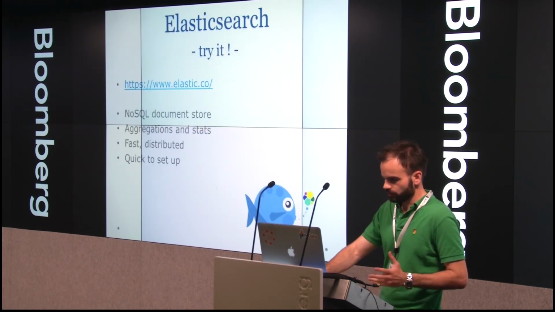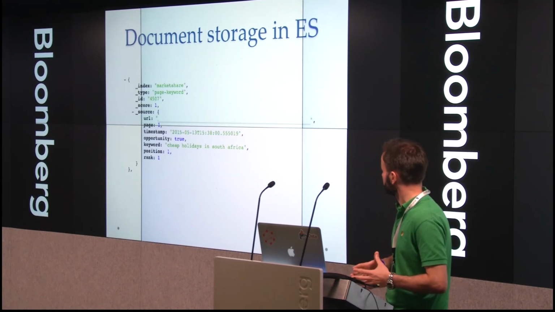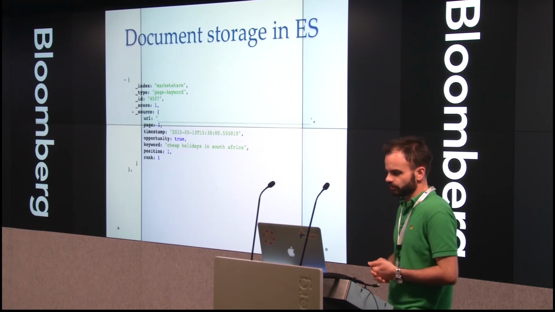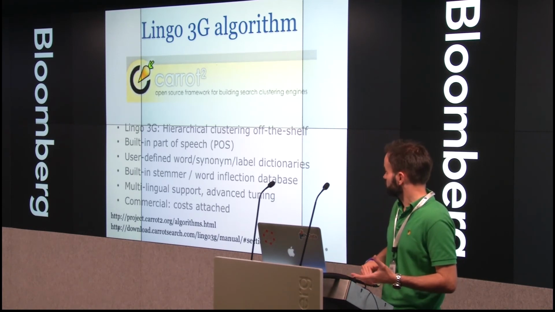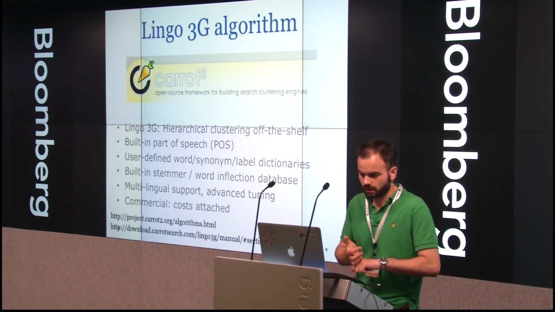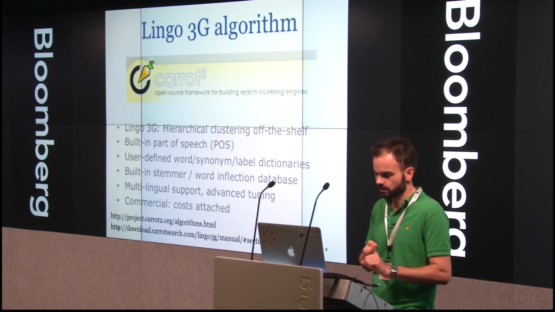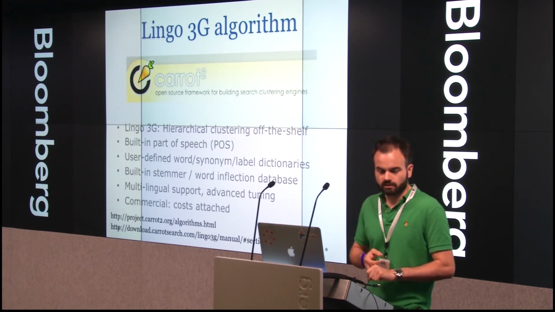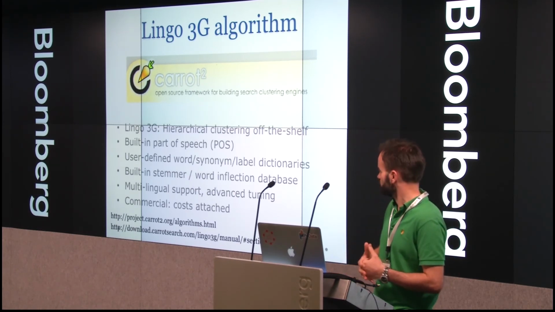So I really recommend having a look at Elasticsearch. Very easy to get going. You basically store a document like this. So I'm able to store a page keyword, for example, cheap holidays in South Africa, and I can run an algorithm which does hierarchical clustering off the shelf. I can run that algorithm directly on the database. So it's doing all my stemming, all my text processing, it's dealing with multiple language support. It really does everything you need. So you don't have to spend all this time going through the individual steps and then finding out the limitations of individual models, for example.